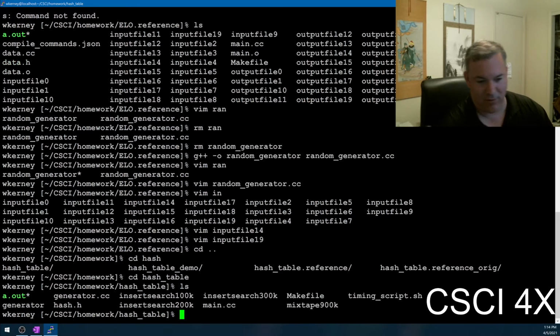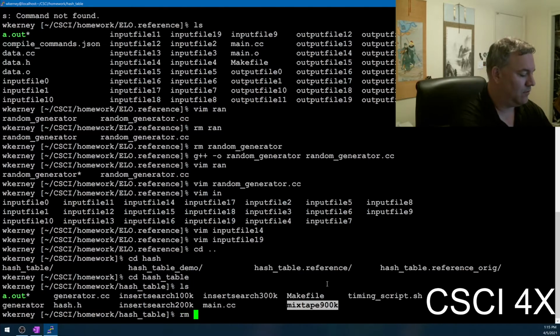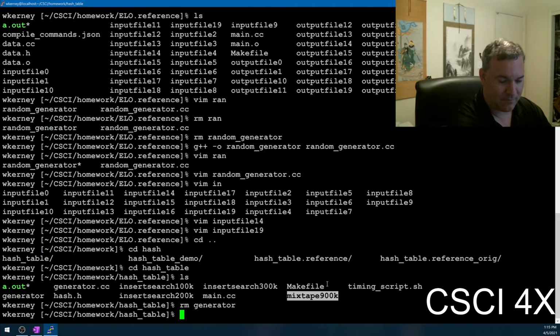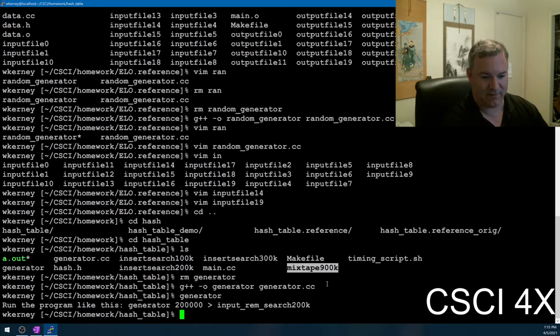Okay, so what I'm giving you is a couple example input files: 100,000, 200,000, 300,000. Mixtape is a mix of all the different commands at the 900,000 size. Okay, so generator: g++ generator.cc. And so if you were to just run generator by itself with, say, 10,